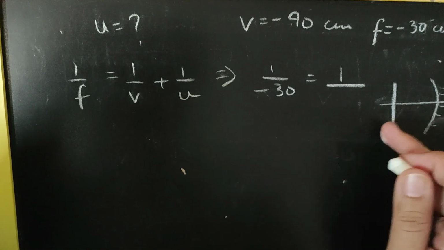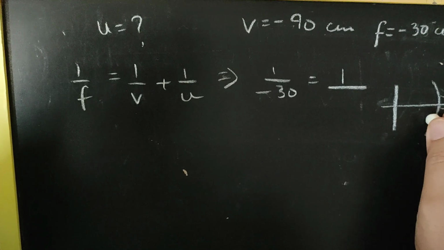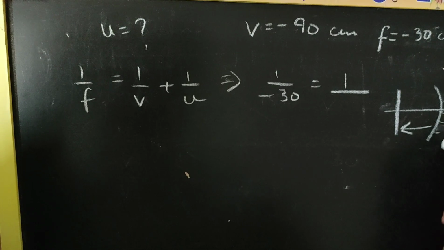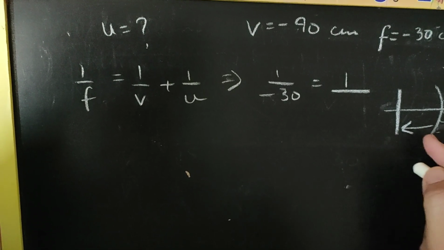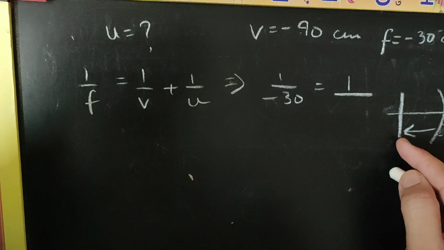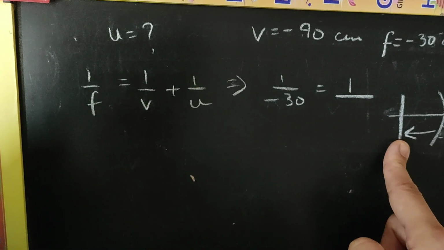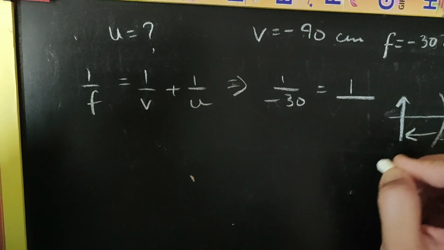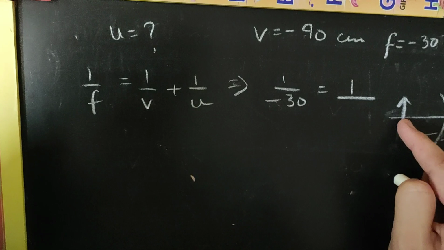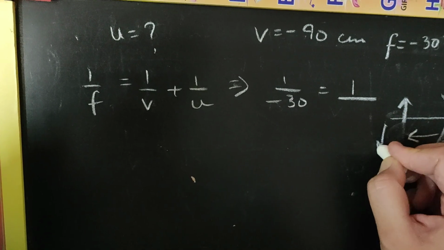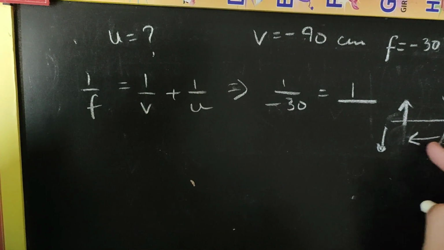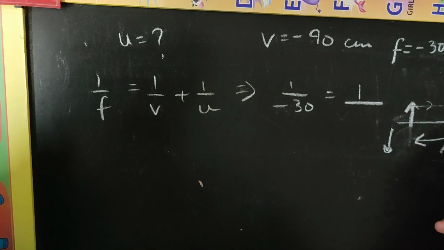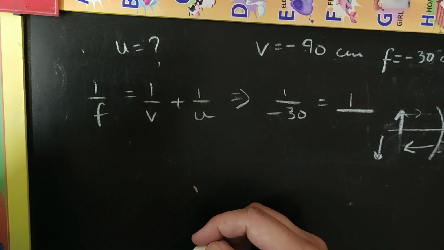जहाँ ऑब्जेक्ट है वहीं पे इमेज भी बनी है उसी साइड, और ऑब्जेक्ट डिस्टेंस हम नेगेटिव लेते हैं कनकेव मिरर में, कन्वेक्स मिरर्स में भी, बिकॉज पोल से हम इंसिडेंट लाइट की अगेंस्ट डायरेक्शन में जाते हैं, ऑपोजिट डायरेक्शन में. So similarly image distance will also be negative because we are going opposite to the incident light. अगर ऑब्जेक्ट कनकेव मिरर के सामने पड़ा है और हम कह रहे हैं रियल इमेज चाहिए, तो रियल इमेज भी इधर ही कहीं बनेगी in front of the mirror, and this distance will be taken negative because incident light की ऑपोजिट डायरेक्शन में हम मेजर करेंगे from the pole according to the sign conventions.